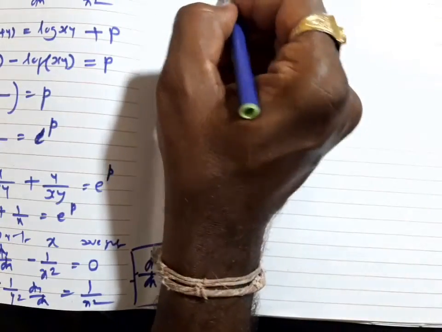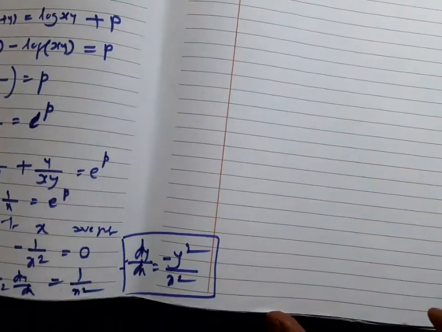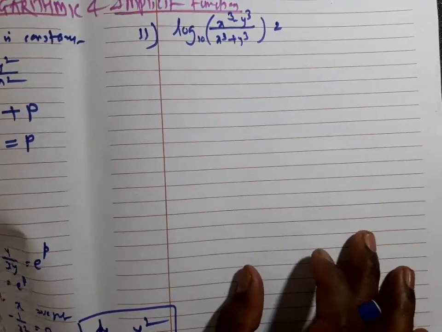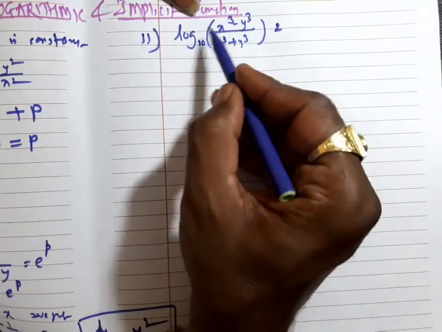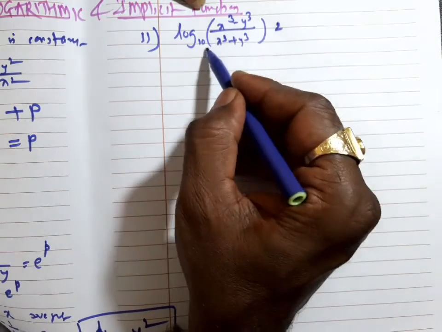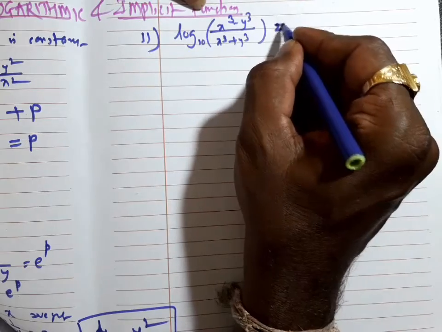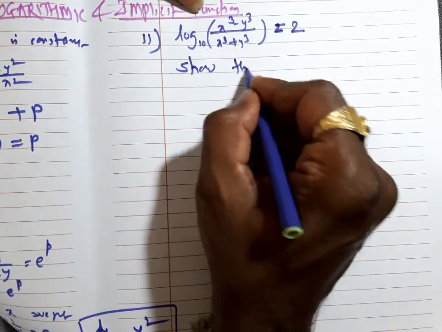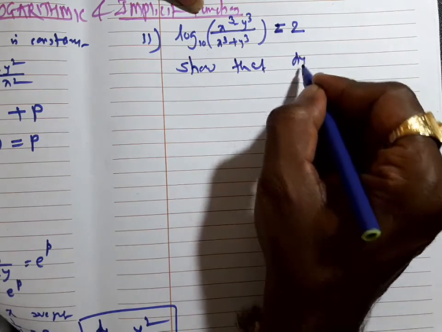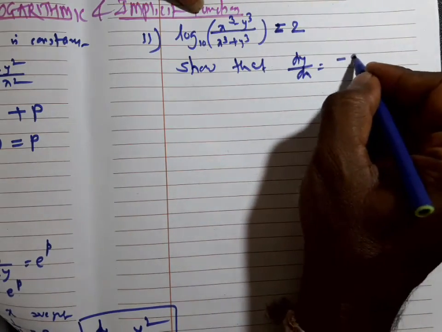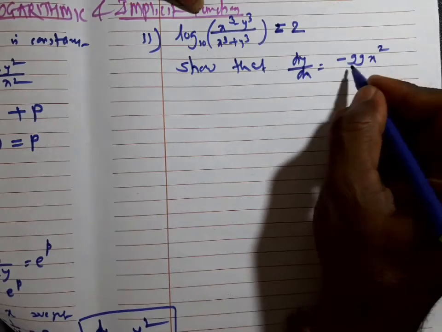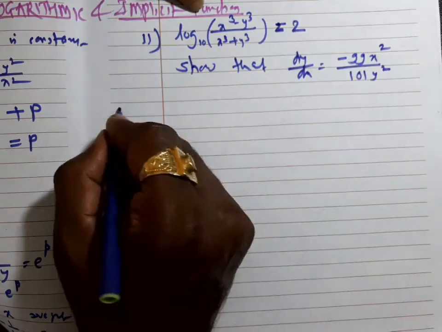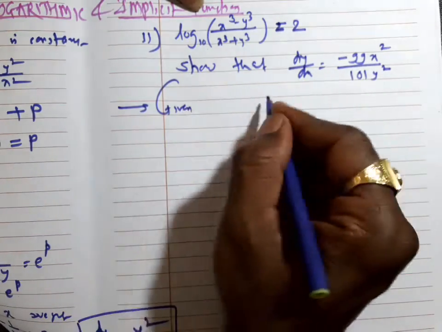Next, example number 11. Log of (x cube minus y cube) upon (x cube plus y cube) to the base 10 is equal to 2. Then show that dy by dx is minus 99 x square upon 101 y square. Given